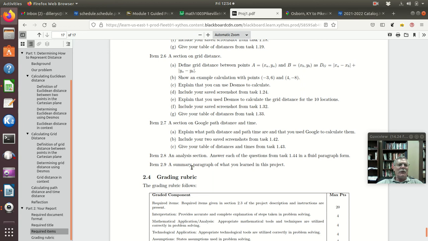That's not what it says to do. You haven't answered the question. What did you learn? Okay? Now, if you truly learn nothing, which if you do the project, I have a hard time believing that would be the case, but if you truly learn nothing, well, then I guess you would state that. But somehow I don't think that's going to be the case.